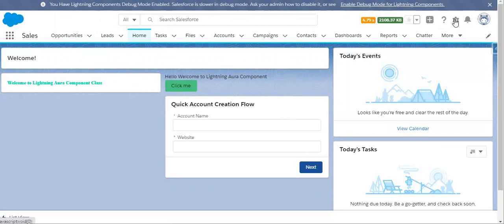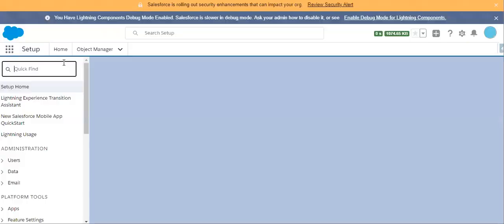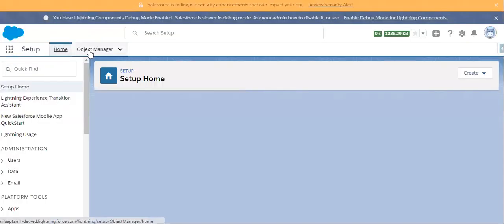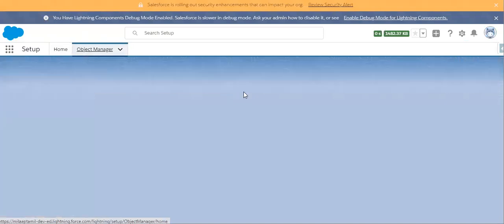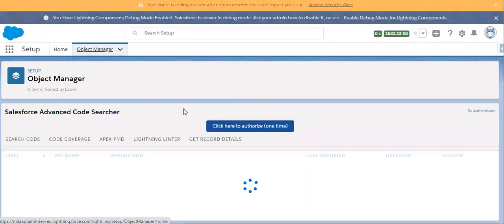Let me go to the object manager and select the account.